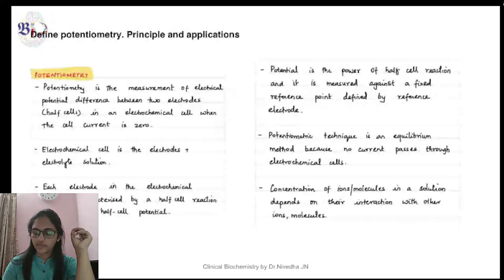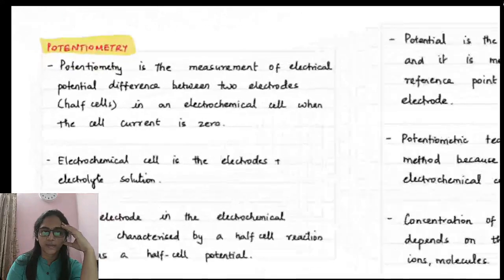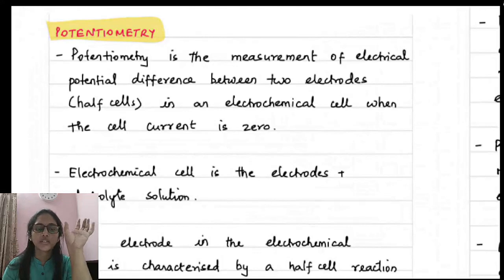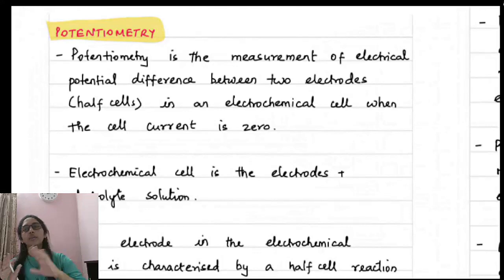All right. So first of all, define potentiometry and the principle and applications of potentiometry. So what is potentiometry in the first place? Potentiometry is nothing but potentio. It means potential, is it not? So we are going to measure the potential difference. Potential difference between what and what? Potential difference between a reference electrode and an indicator electrode. Reference electrode is an electrode in which the potential is constant. Okay, that's why it's called reference. Indicator electrode is the one in which there is a potential change that will happen depending on the analyte of interest or depending on the ions that are present in the sample.